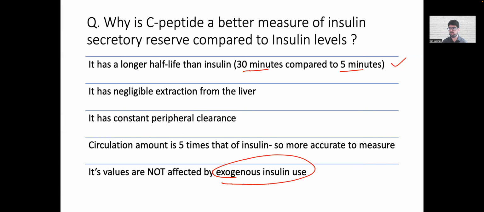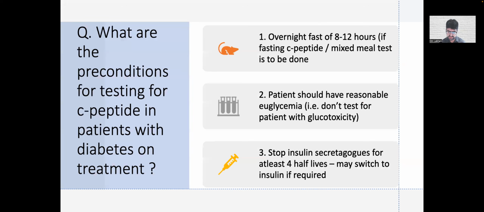I've seen a lot of pediatricians especially trying to prove to their children that they have type 1 diabetes by measuring insulin levels, and they often fall short of this. If you're trying to differentiate between type 1 and type 2 diabetes, do not measure insulin level. What you need to measure is C-peptide. And remember, the insulin which you measure cannot differentiate between insulin you're given exogenously versus the endogenous insulin secretion, and hence measurement of insulin is fallacious. It should not be done for differentiating type 1 from type 2 diabetes.